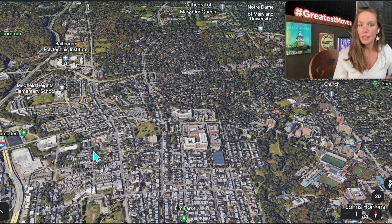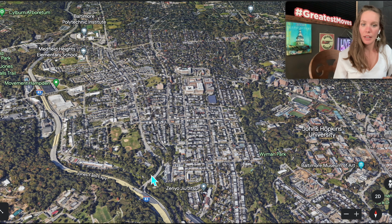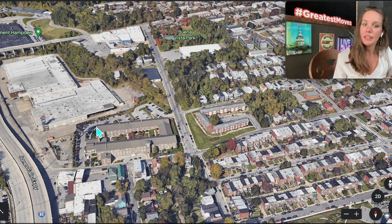One of my other favorite things in Hampden is kind of on the other side. So if you were to take Falls Road in, and then instead of going to the right to go into this meatier part of the neighborhood, you go left down into this mill area, and you'll see Artifact, which is right here, a great place for coffee and a breakfast sandwich,